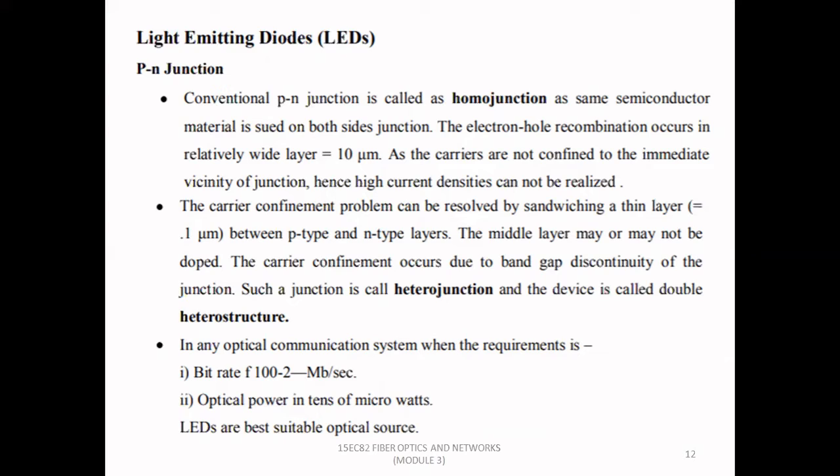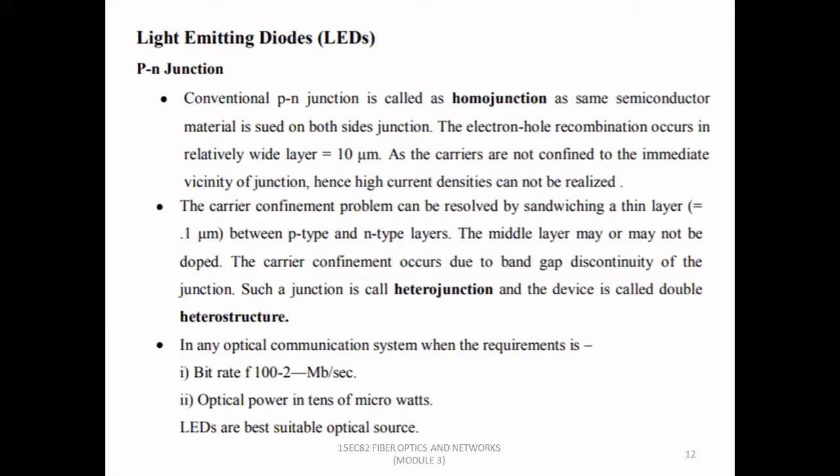by sandwiching a thin layer of 0.1 micrometer between P-type and N-type layers. The middle layer may or may not be doped. The carrier confinement occurs due to the band gap discontinuity of the junction. Such a junction is called a heterojunction, and the device is called a double heterostructure. Actually, in any optical communication system, whenever the bitrate requirement and optical power requirement are high, LEDs are the best suitable